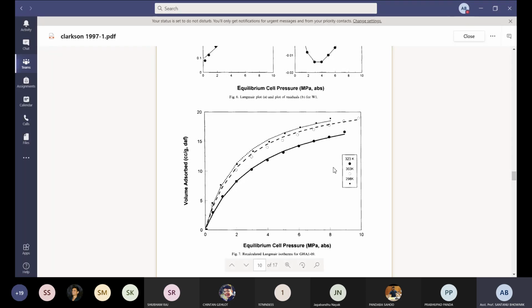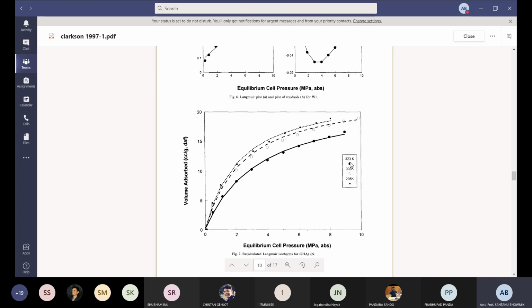So here also you can see the small bullets are 298 Kelvin, and they are going to show very high absorption. 303 Kelvin is very close to it. And then the lowest absorption values are going to be exhibited by the highest temperature,